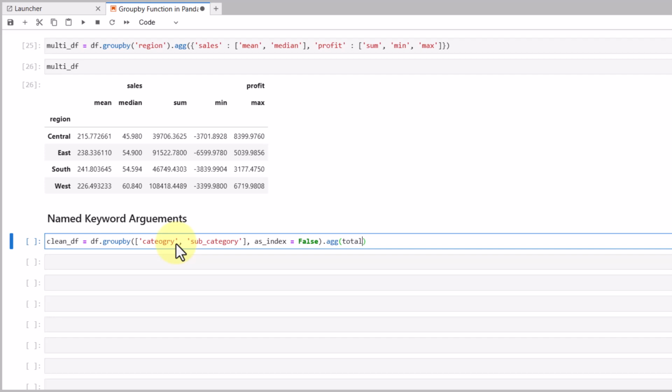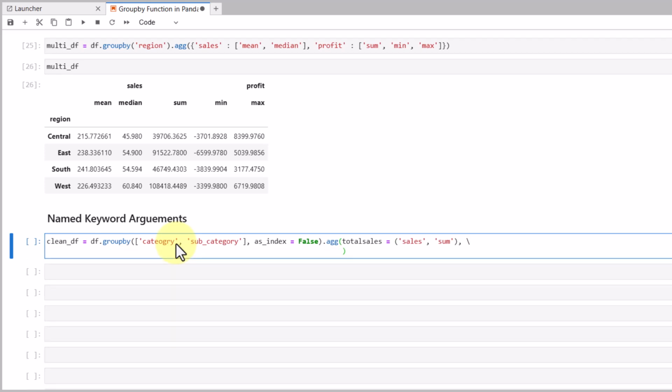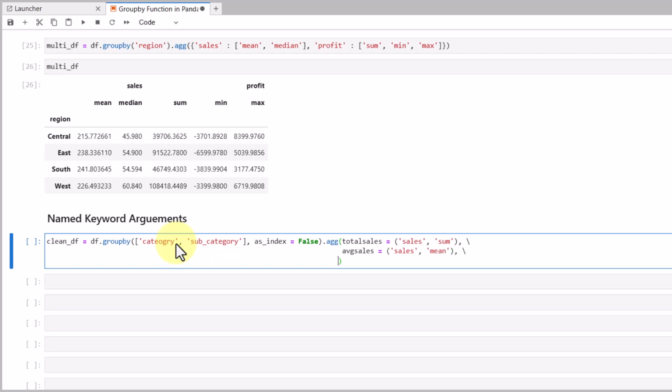So let's create a new variable called total sales equal to, and pass a tuple where it is sales comma sum. Let's say you also want to create average sales. So you create a new column called average sales equal to, and you pass again the column sales and mean. Now let's say you want to calculate